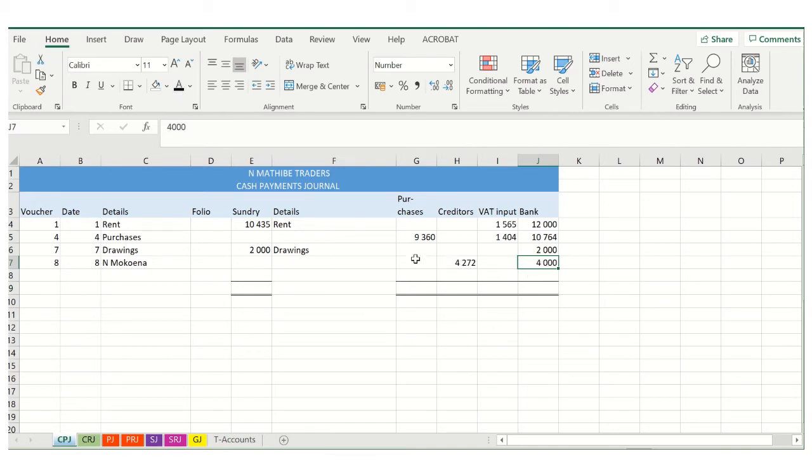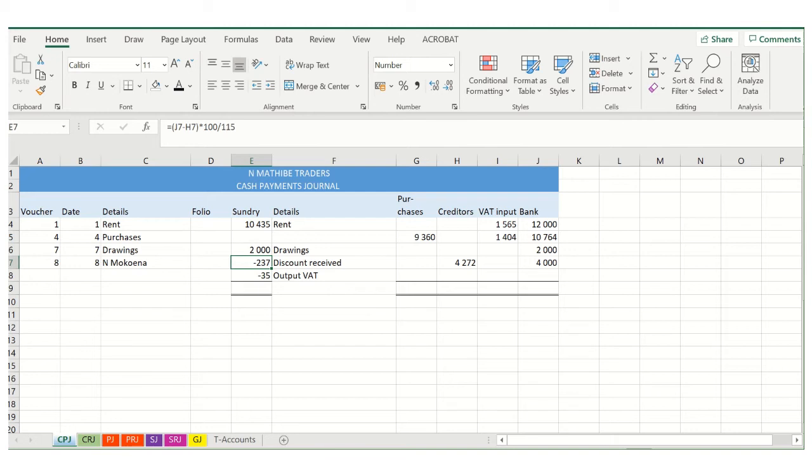The difference will now be discount that we receive as well as VAT on the discount. So the difference between the 4,000 and the 4272 is 272 Rand, right? 272 multiplied with 100 over 115 gives us 237, and then 35 is for the VAT. You can see here this discount received, so it's an income, so that is why we call it output VAT and is not taken to the VAT input column. Right, and then